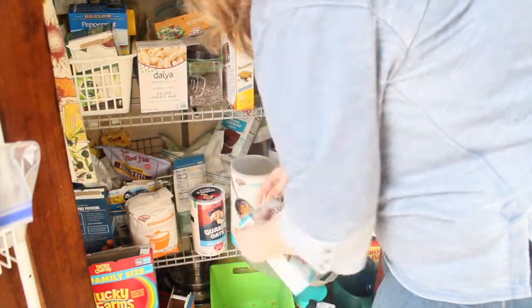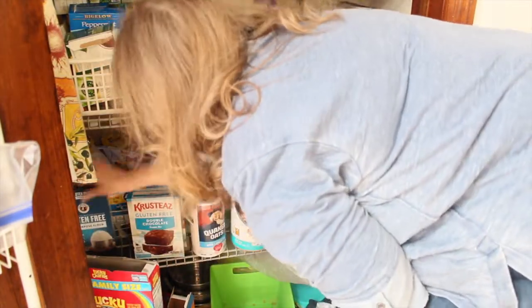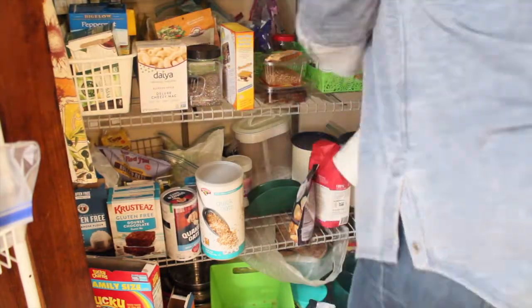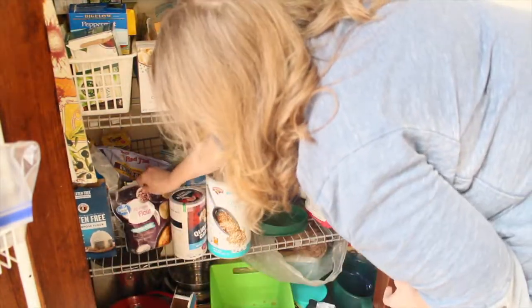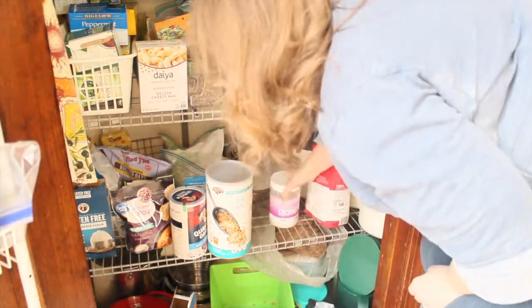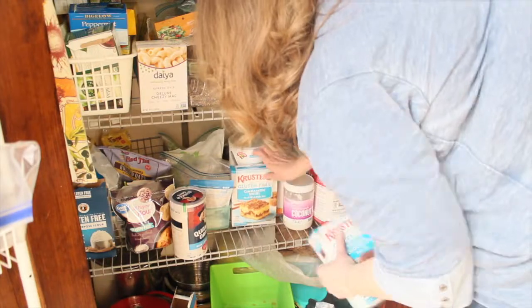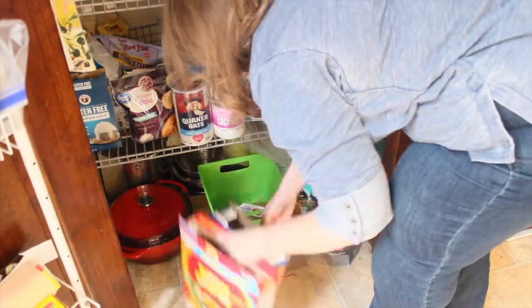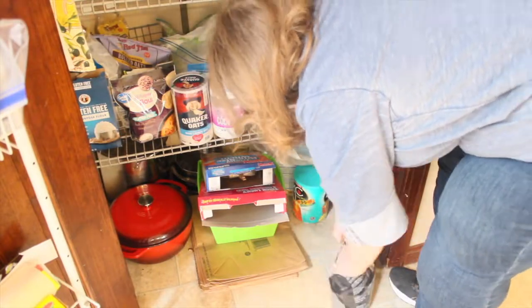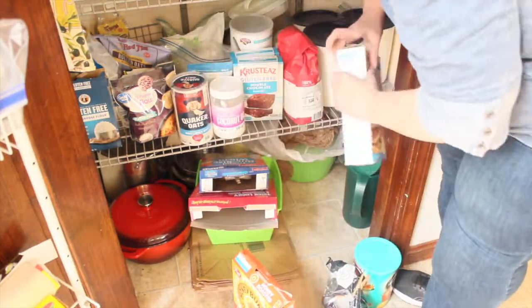I definitely think it's important for us to be wise in our purchases, to be doing our best to make sure our food is lasting as long as possible and that we're storing it properly. But then there's just those situations that come that we cannot control. That's when it's so important to know that we have a God in heaven who loves us and who cares about our needs. And I go to those passages in the Bible like Luke chapter 12, verse 24, where it says,